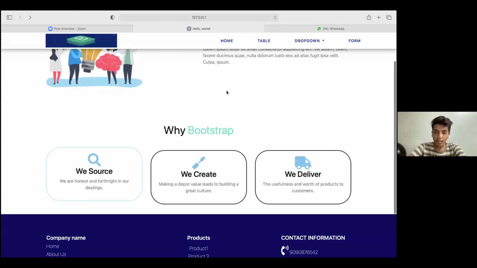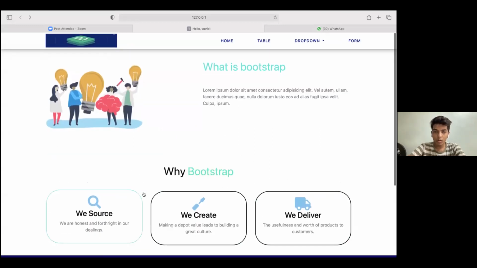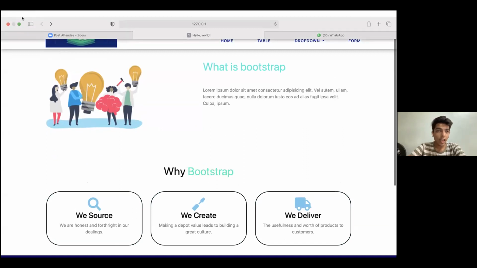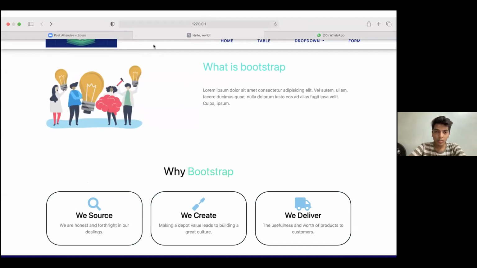Those two links are actually for Font Awesome, and I'll just share my screen and tell you where it is used. The icon that we are able to see here, the search icon and everything, that is the Font Awesome icon. Yesterday I told you about that. I'll be explaining things and you have to build it up. I'll send you the codes, but I thought it would be more preferable that you know the grid system and we build it together. So that is what was in our mind.